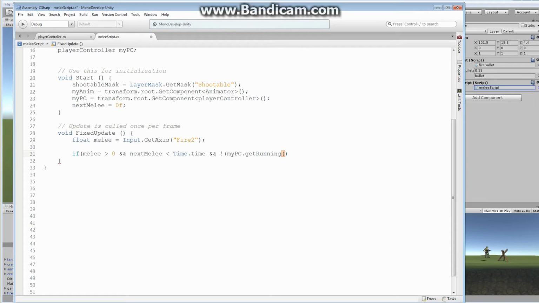So if they're not running, then everything is cool. 1, 2, 3, and open bracket, and close bracket. There we go. All right, so if all those conditions are true, if they're not running, if the next melee is past, if time is past the next melee, and we are actually pushing the button, then we actually want to start swinging